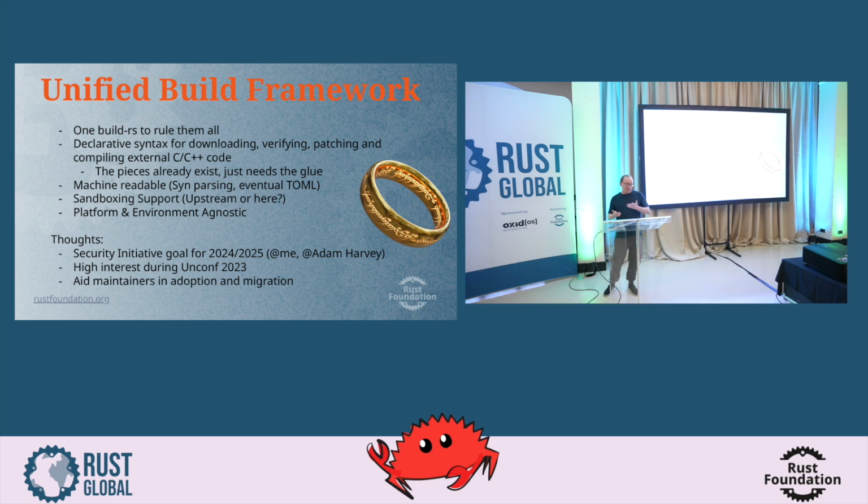From my side of things, I want to have an automated way that I can just look at a crate and say, it has a build, and this build is pulling in these C libraries, and it's building them this way, and that's all I need to worry about. So from an implementation standpoint, we're thinking about whether there is a way we can make this machine readable. Are we talking about just making a build.rs crate that follows a builder pattern that we can easily parse with syn? Or if we do that as a stage 1, is there a way we can make this